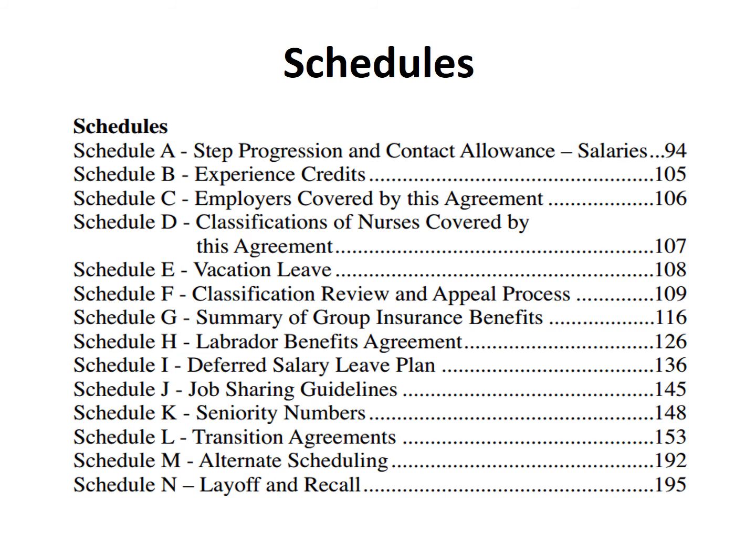At the back of the collective agreement are schedules, A through N. Some commonly referenced schedules include step progression, contact allowance and salaries, experience credits, vacation leave, job sharing, seniority, and transition